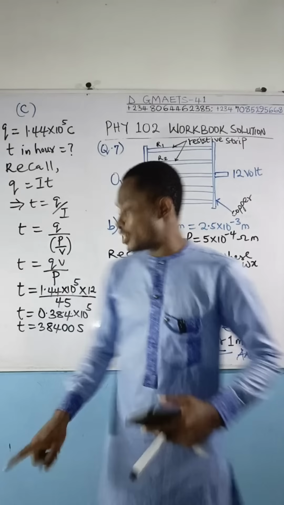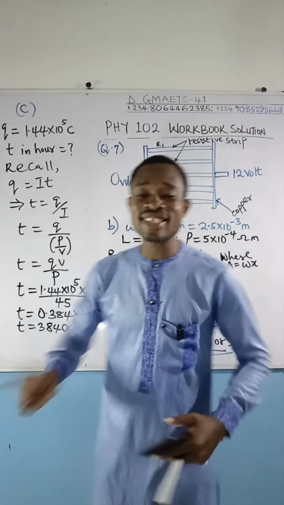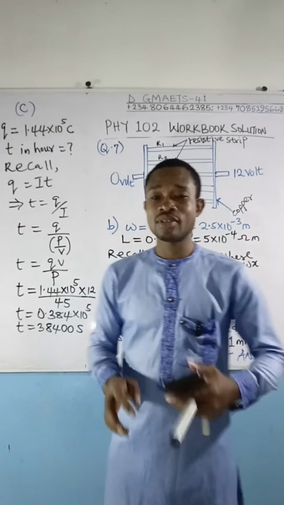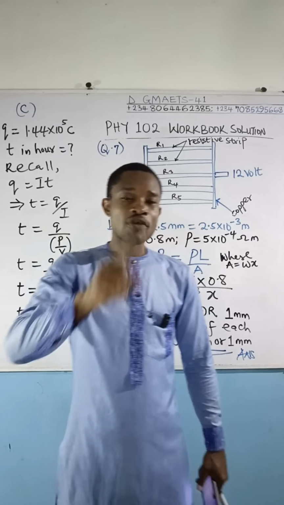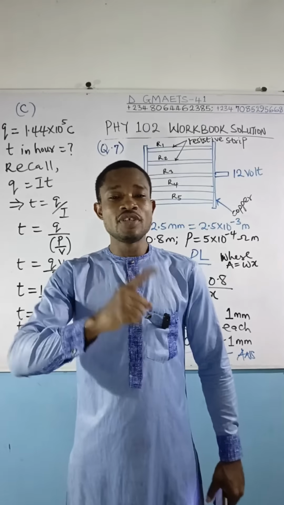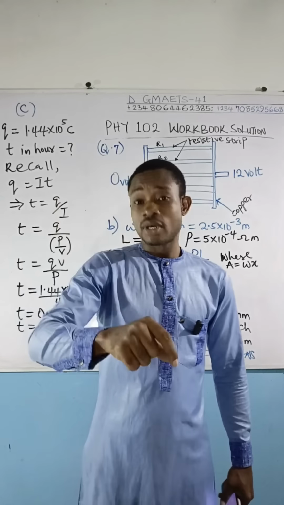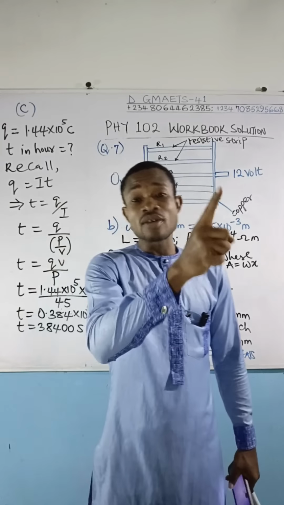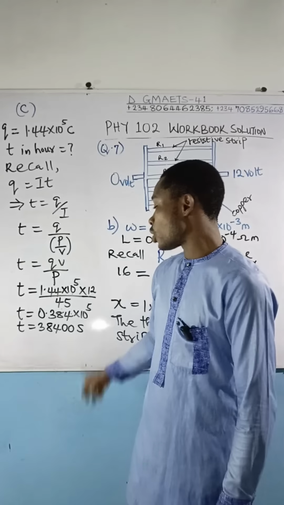So this is the time it will take the battery to be fully drained in seconds. We are expected to convert this to hours. So how do you change from seconds to hours? To change from hours to seconds, you multiply by 3,600, because 3,600 seconds is equal to 1 hour. If 3,600 seconds is equal to 1 hour, then